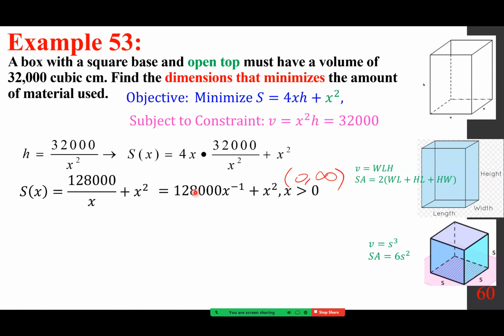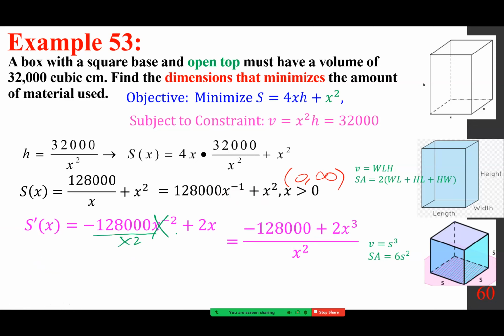To differentiate, multiply these two, you get negative 128,000 x to the power minus 2 plus 2x. You put this down here and you take a common denominator for the next step. So I put the x squared down, I get rid of this, because I want this to be equal to 0 and where it doesn't exist. So if you set it equal to 0,